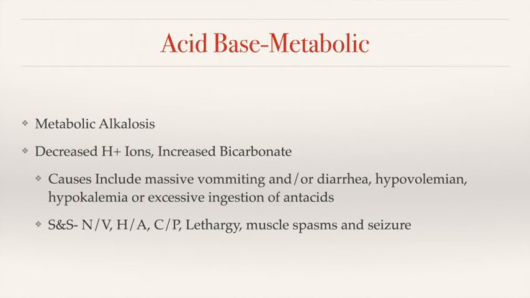and increased bicarbonate. So causes include massive vomiting and/or diarrhea, hypokalemia, which is going to be low potassium, or excessive ingestion of antacids. So someone that's got GI or not GI, acid reflux issues, if they take too many antacids, that can actually bring them into a metabolic alkalosis state. So signs and symptoms for this are going to be nausea, vomiting, headache, chest pain, lethargy, muscle spasms, and potentially